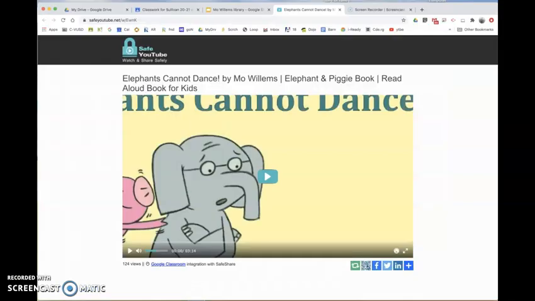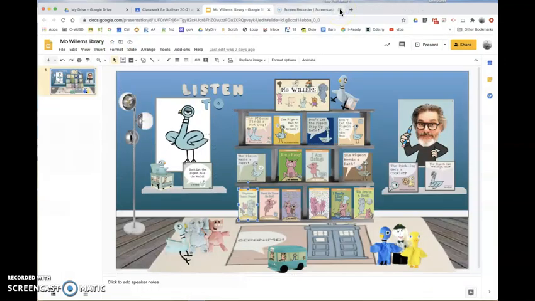When you've selected a book in the virtual library, you'll see that it actually opens up a new tab. This is the tab that shows the Mo Willems library. This is the tab that shows the actual book that you selected, and you would have pressed play and listened to the story aloud. When you're done, you can simply come up here and X out this new tab because we no longer need it open. This will take us back to the Mo Willems library, where we can select another book,